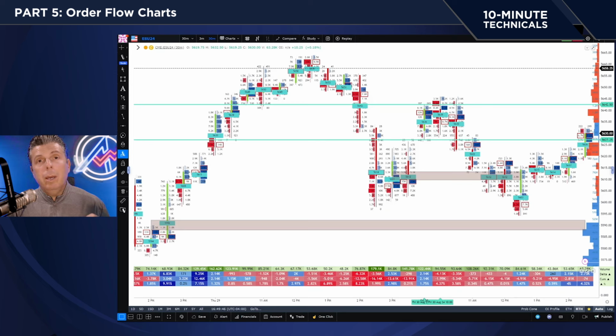This is so key. It's been the key to all the success I've had in trading, by not having redundancies on my chart, having indicators that have a purpose. I look at them, I see them, I identify with exactly what they're telling me. And then when I get to my shorter term order flow charts, like we're looking at here today on GoCharting, a 30-minute order flow chart in the mini S&P, we have a really great idea of what we're looking for, and we're hyper-focused on that one side of the